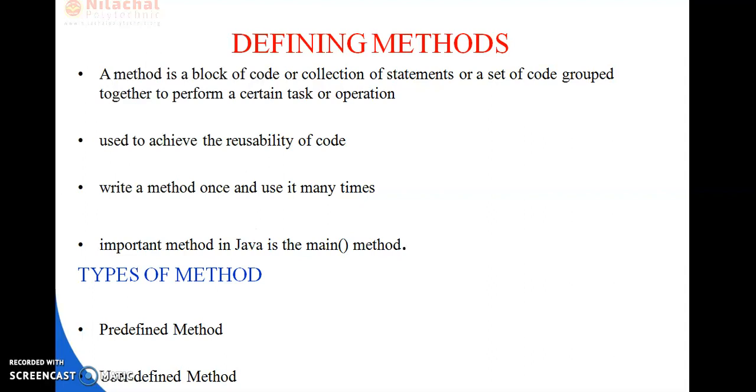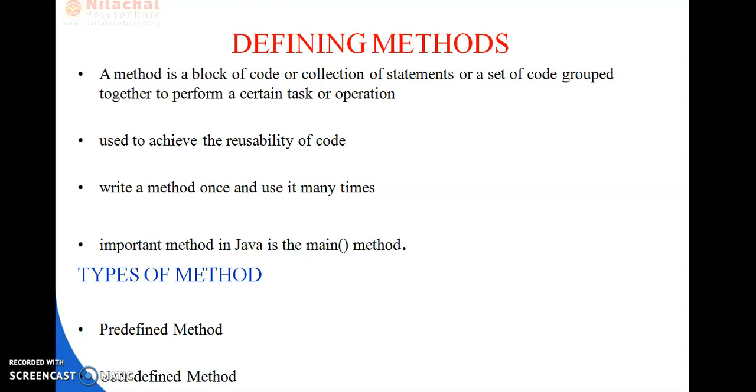Next, how can we define a method? A method is a block of code or collection of statements or a set of code grouped together to perform a certain task or operation. Remember it. While writing the method, you have to remember what things you are going to involve in that method. That is the main thing.